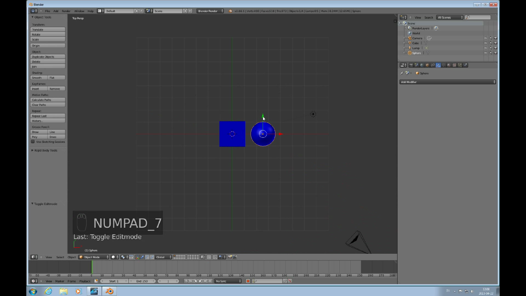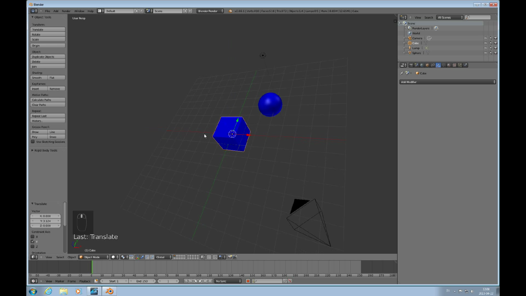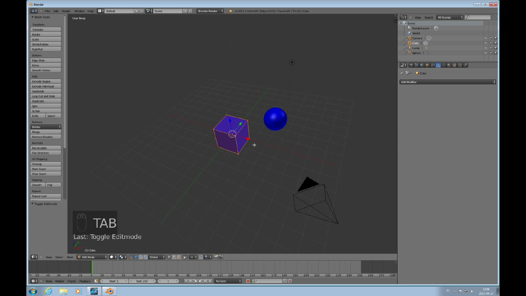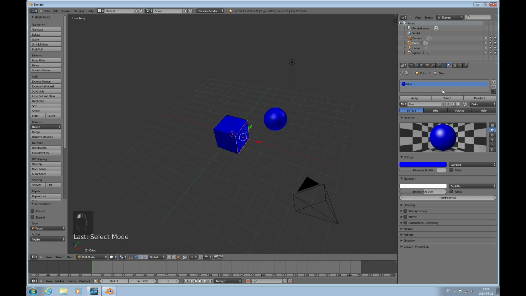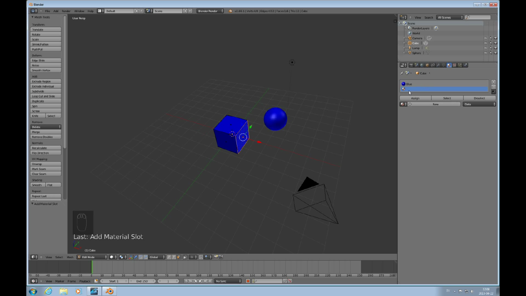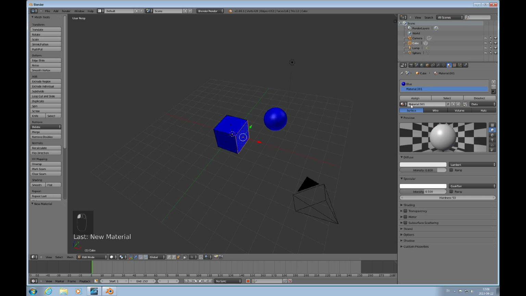And I'll leave that for now and then go over to this box, this cube, and go into edit mode and press Control Tab, change to face selection and select this one face. We'll now start adding more materials to this object. So I'll open up one more item in the list, press new,